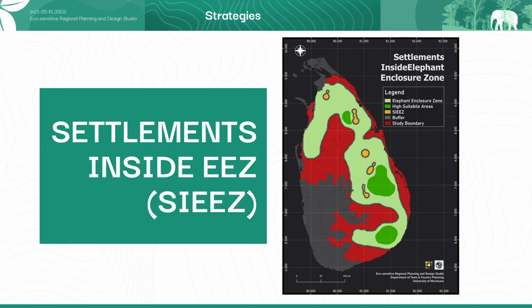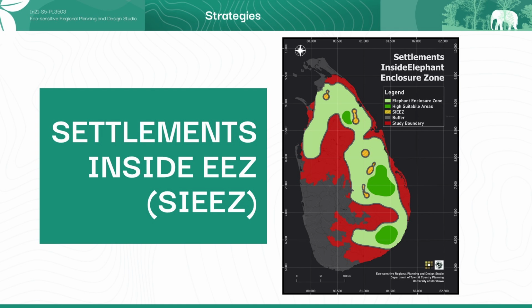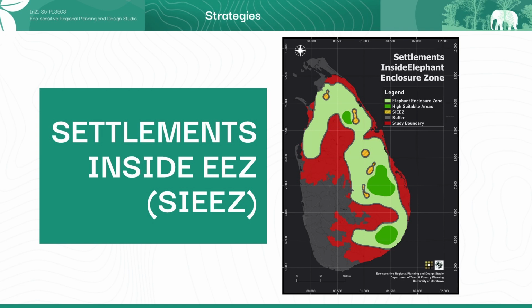In this map, you can see there are some patches inside this EEC. So these patches we are going to give to human settlements and agricultural lands, because those patches are very suitable for human settlements and agriculture. But if you look at the whole picture of this EEC, you might tell this is a kind of a crazy idea, no? Because who is going to do this kind of thing? If you do such a thing, you may tell like alinta giya rata. No, it's not like that.